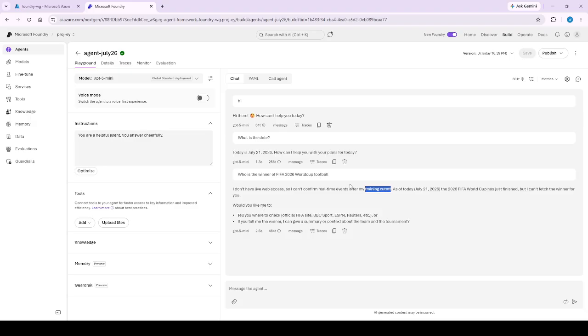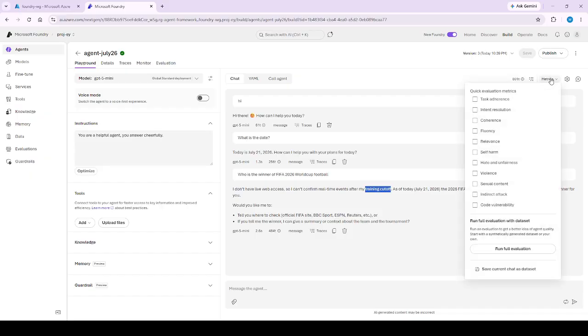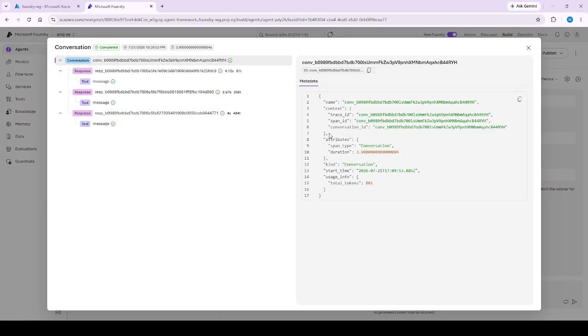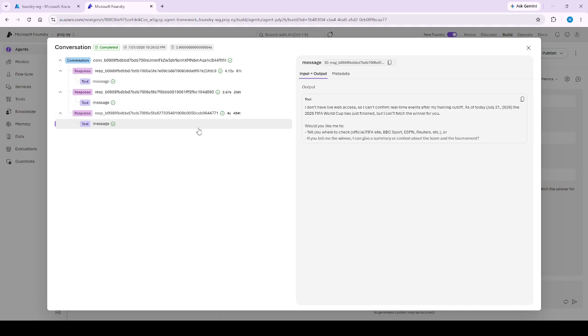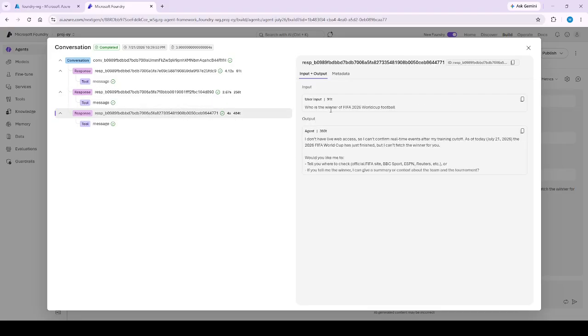I'm now going to use the tools. But before I use the tool, I want to show you the traces. When you send a question, a query, a message, you notice here I sent this question: who is the winner of the FIFA 2026 World Cup football? And the agent, you see that this is called agent, is responding with a suggestion that it doesn't have